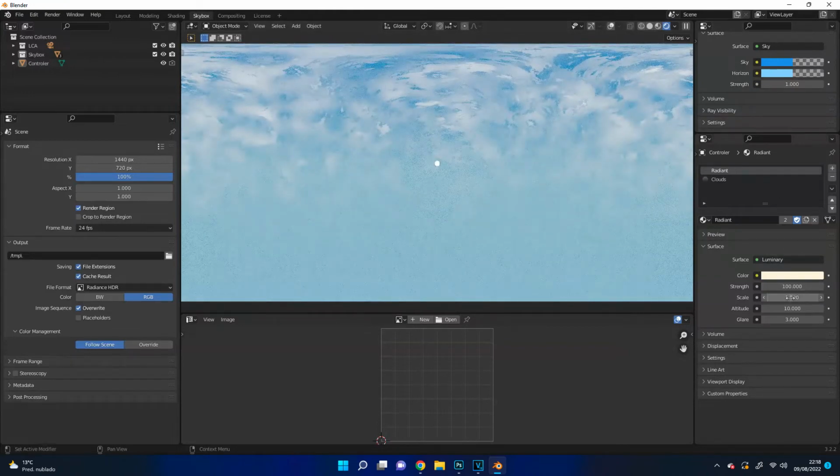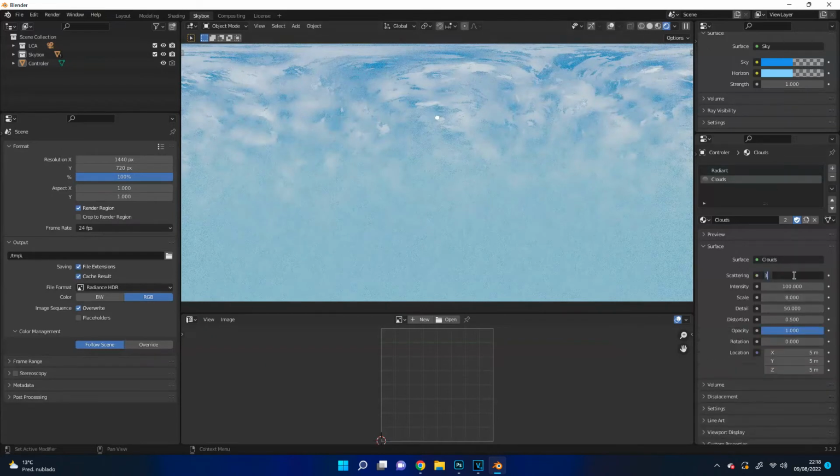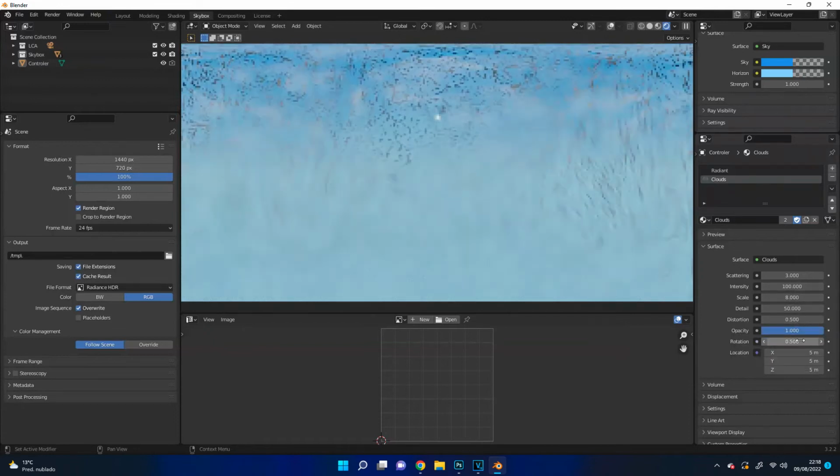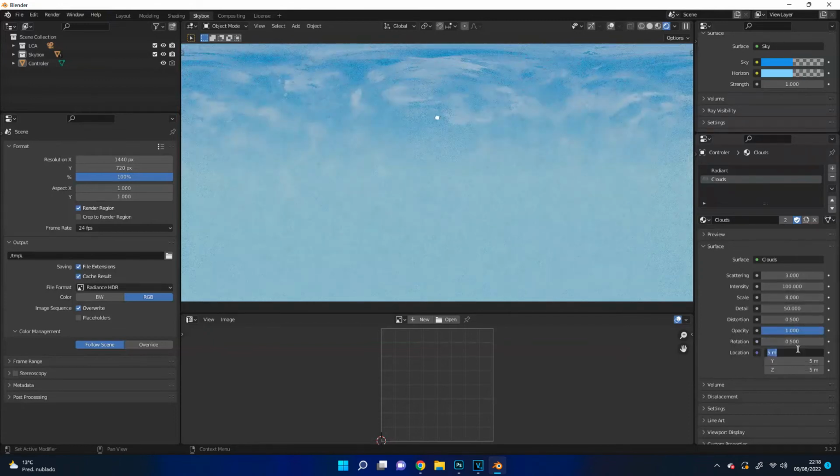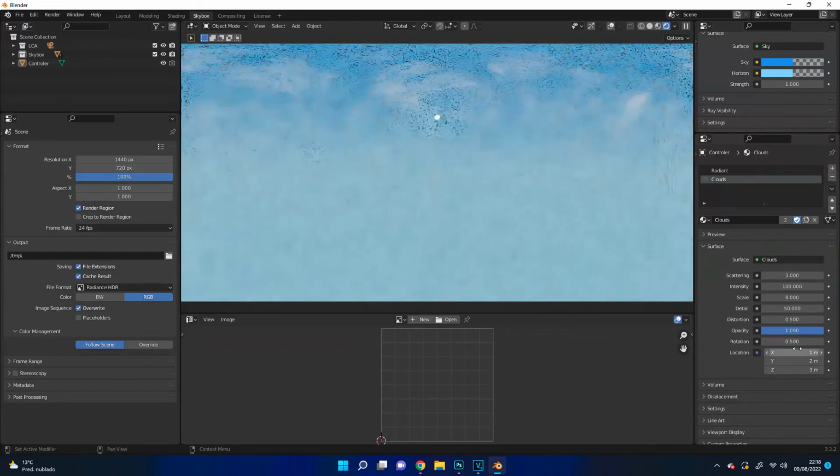In the Radiant option, you can configure the color, intensity, size, altitude, and the brightness of your sun or moon. And in the Clouds option, you configure the scattering, intensity, size, level of detail, distortion, opacity, horizontal rotation and position